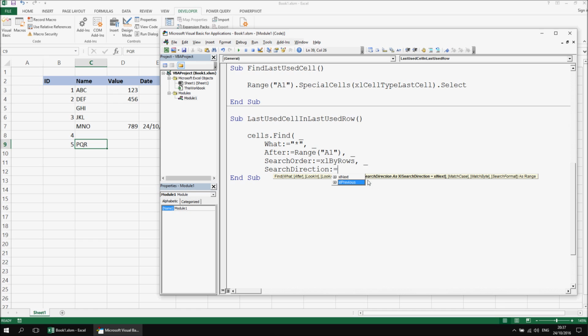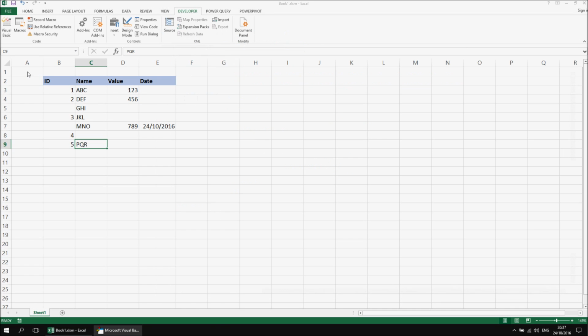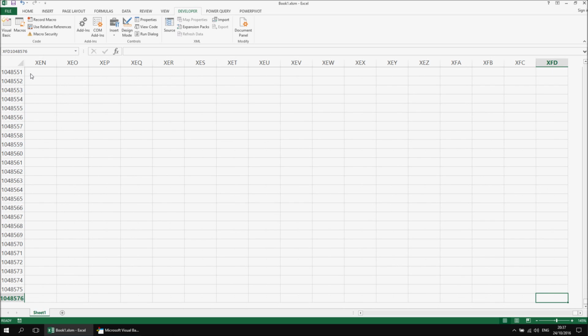So this is why I specified range A1 as the after argument. So if I say XL previous, let me just close the parentheses there and finally say .select at the end so it actually does something useful with this. So if I say range A1 and then go to the previous cell, that will actually start searching the worksheet backwards. So the first cell that it actually searches in is cell XFD 1,048,576. So it's going to start all the way down in the bottom right hand corner of the worksheet and